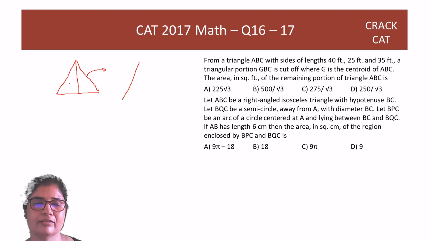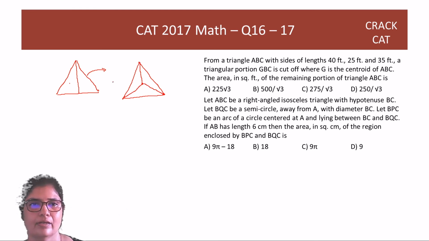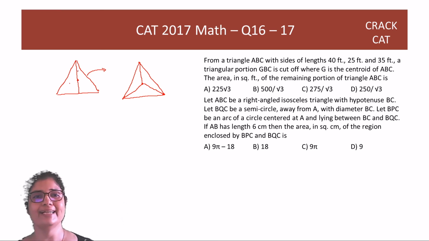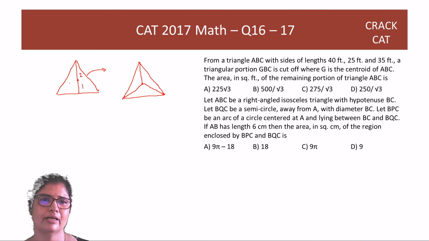if I draw the 3 medians and I find the point of intersection, the centroid effectively cuts the triangle into 3 equal areas, right? Because the intersection of 2 medians is a centroid. 3 medians, 2 medians, same thing. It divides this line in the ratio 2:1. The 1/3 comes here, right, and then another 1/3, another 1/3, so it becomes 3 equal parts,